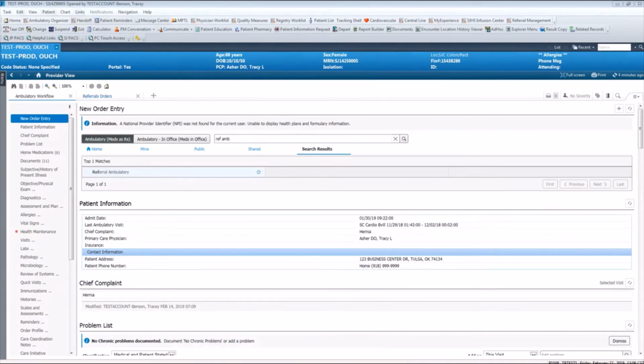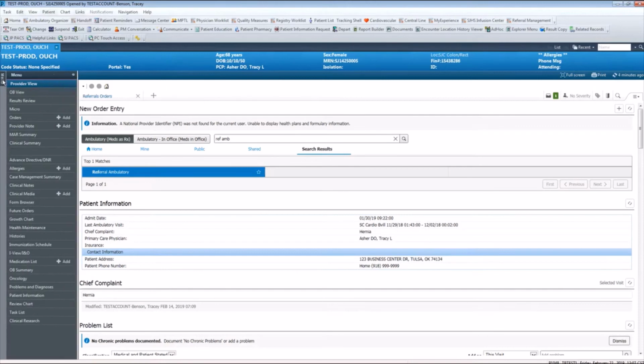Begin by placing the order Referral Ambulatory. From the Workflow page, navigate to the new Order Entry component and search for Referral Ambulatory Order. You can select it and complete it here, or you can go to the Table of Contents menu, click on Orders and Add,